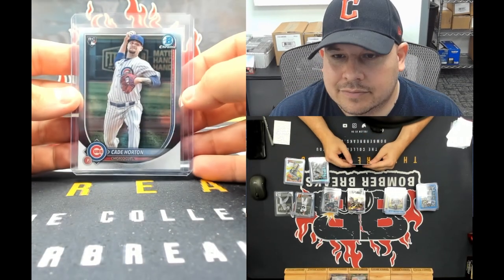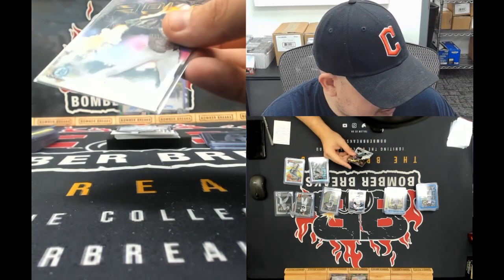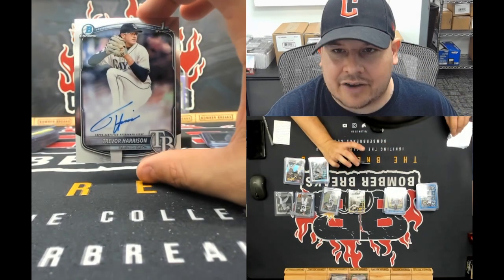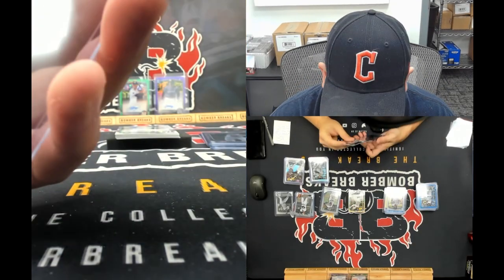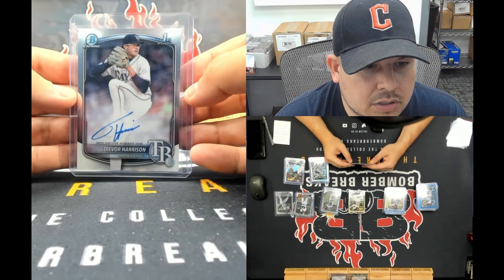Cade Horton, rookie for the Chicago Cubs on that one. And Adios, Tatis Jr. on the insert for the Padres. We've got an autograph here of the Tampa Bay Rays. It's Trevor Harrison. Trevor Harrison, Tampa Bay. Rays in this one we said was